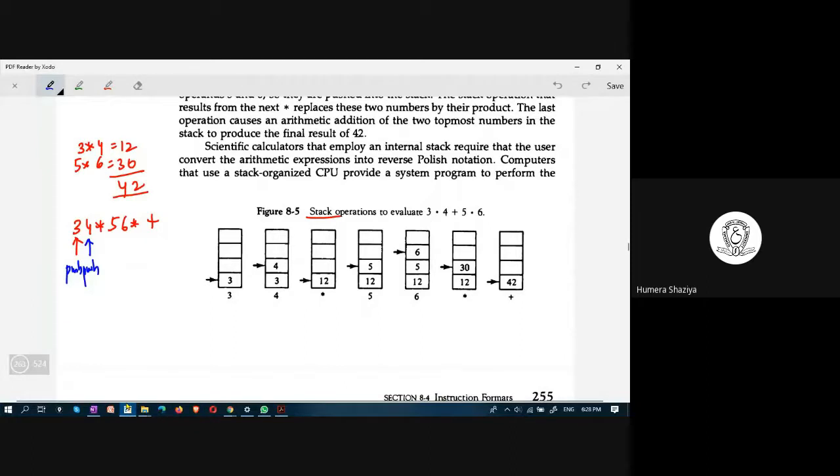Whenever it finds an operator, it pops the last two elements and executes the operation.